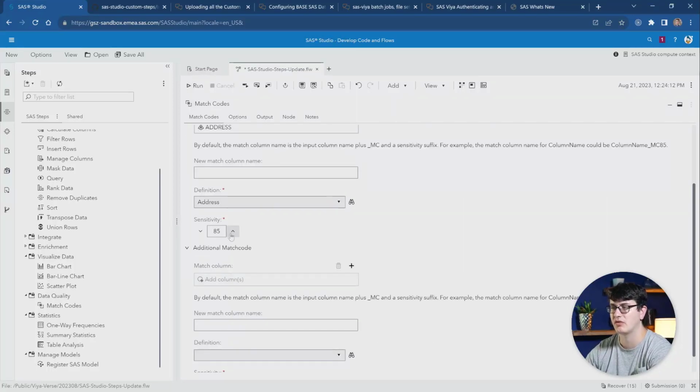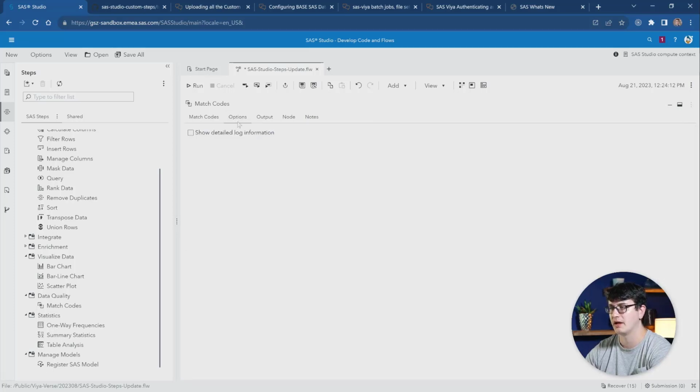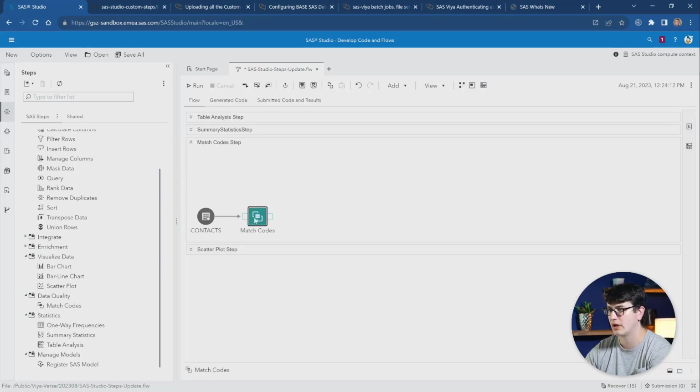As you increase the sensitivity, you can adjust how much information will be left in the match code and how much is removed of it. You can also define additional match codes, and you can specify to get more information in the log. Let's run this step